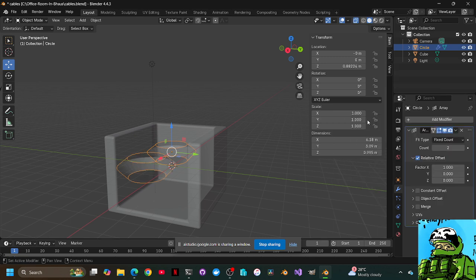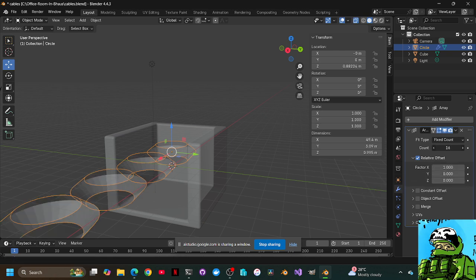All right, I found the array modifier. Great. Now, make sure the relative offset is checked and adjust the factor z value to create the spacing between the circles. You can also increase the count to add more circles and extend the cylinder. Does that make sense? It makes sense, but